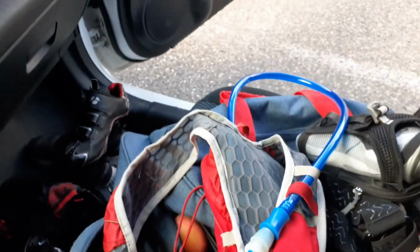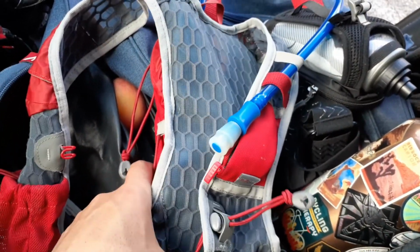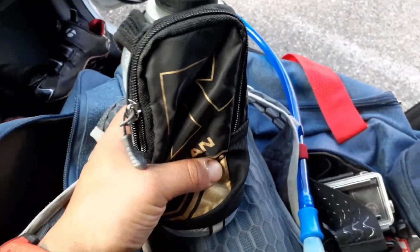I won't be using the flasks today because I'm only doing 10K, and I've already got 1.5 liters of water in here because I'm going to be trying to hydrate as much as I can on the trail since I've been out for so long today. I did, however, bring this hand flask with me today, and